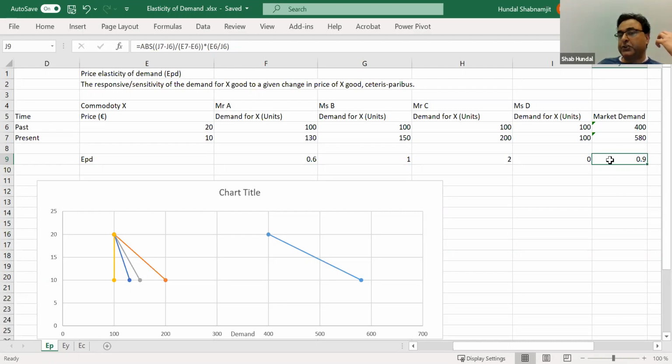So 0.9 shows that, hey, if I'm a company's director, then if the coefficient of price elasticity for the whole market is 0.9, it tells me that people react. If this market demand was 0.2, I mean, 0.9 is not 1, but still it's 90%. So I think if the price sensitivity is below 0.7, I should change my strategy, not lowering the price. Rather, I should try, for the given price, maybe to increase the quality of the product.